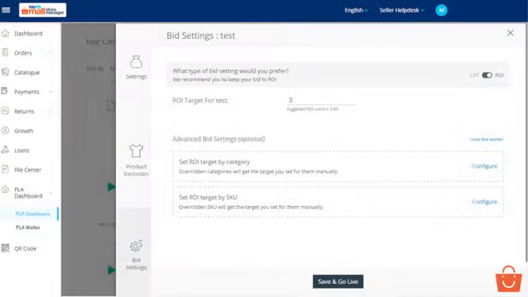Now click on Save and Go Live button. Your PLA campaign will get live within the mentioned time. However,